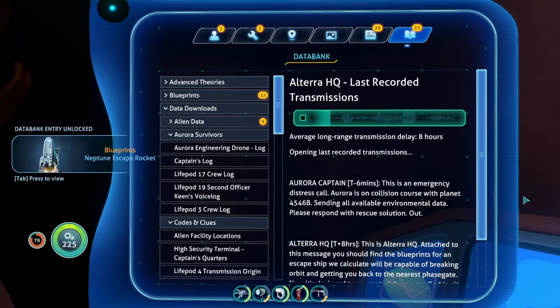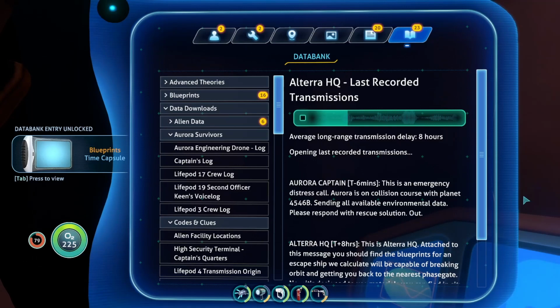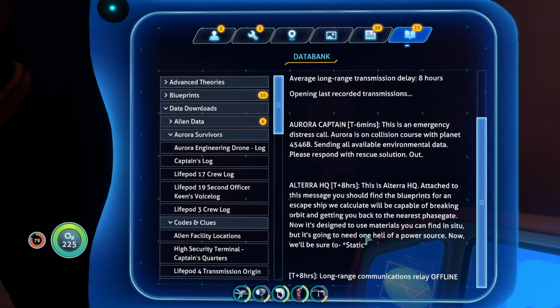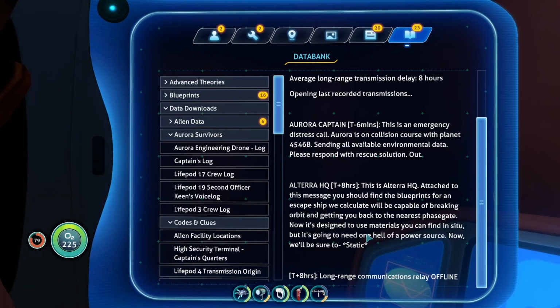Average long-range transmission delay, 8 hours. Opening last recorded transmissions. This is an emergency distress call. Aurora is on collision course with planet 4546b. Sending all available environmental data. Please respond with rescue solution. Over. This is Altera HQ. Attached to this message, you should find the blueprints for an escape ship that we calculate will be capable of breaking orbit and getting you back to the nearest phase gate. Now, it's designed to use materials you can find in situ, but it's gonna need one hell of a power source. Now, we'll be sure to...